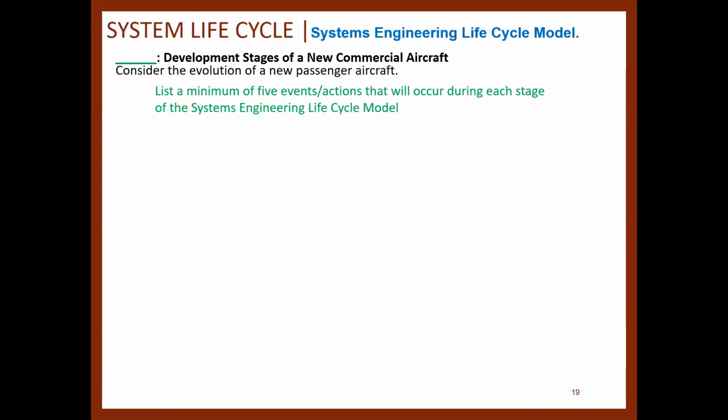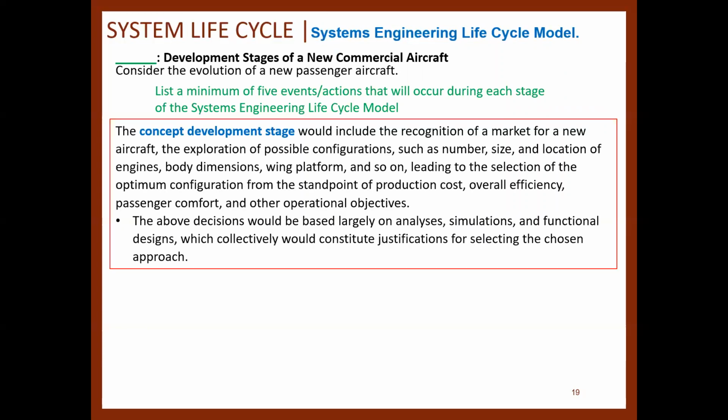So the development stages of a new commercial aircraft. This is an example. Consider the evolution of a new passenger aircraft. We're going to list a minimum of 5 events, actions that will occur during each stage of the systems engineering lifecycle model. So starting with the concept development stage, this will include the recognition of a market for a new aircraft, the exploration of possible configurations, such as number, size, and location of the engines, body dimensions, wing platform, and so on,